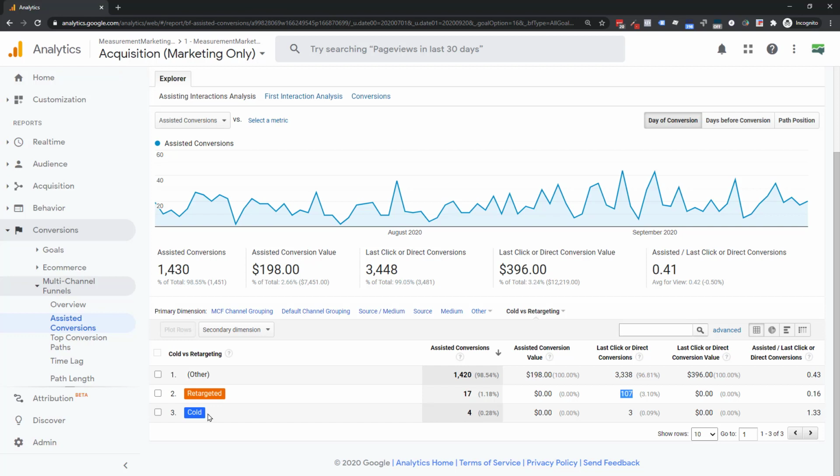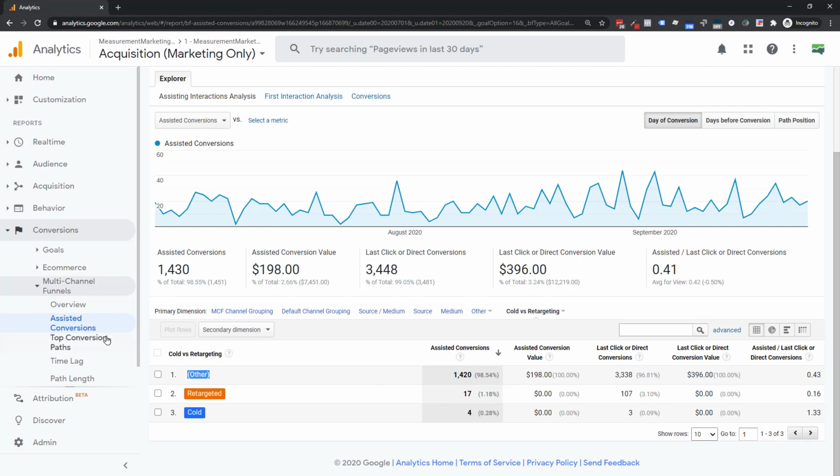So now can I see how well my cold traffic versus retargeting traffic is at causing certain results? 100% I can. And honestly, the retargeting traffic is supposed to be getting more results, so this tells me the right story. And if I do a ton of paid traffic, it's great. Now remember, this other is in here. This is like all the other traffic sources, but I don't really care, right? Because I'm not asking questions around those. I'm asking questions around these. But maybe